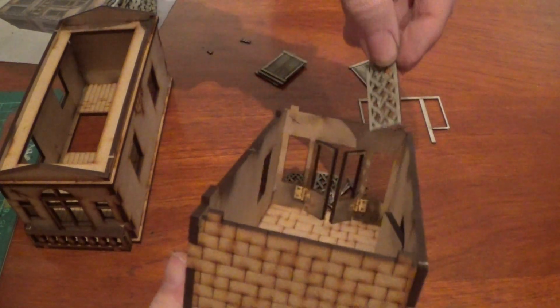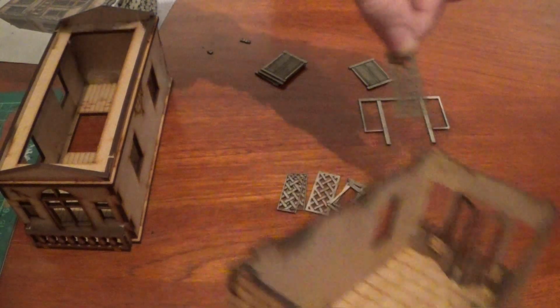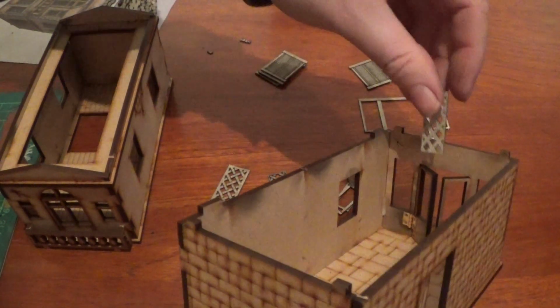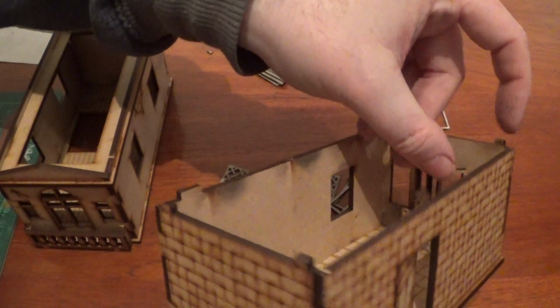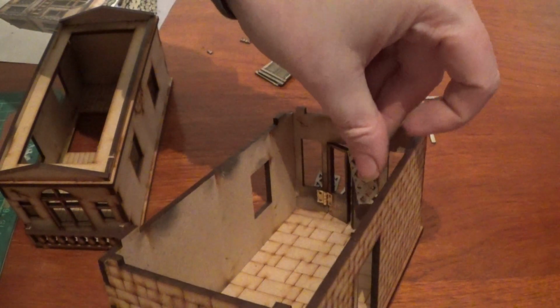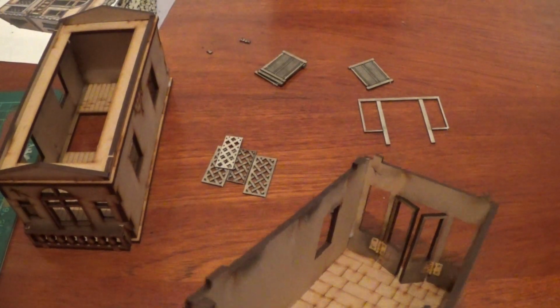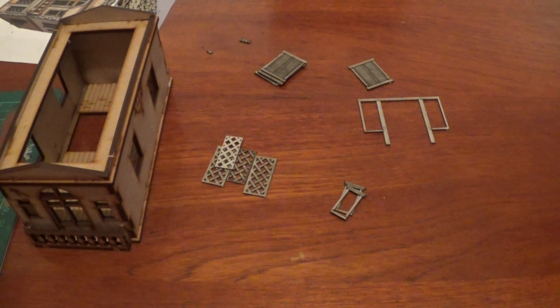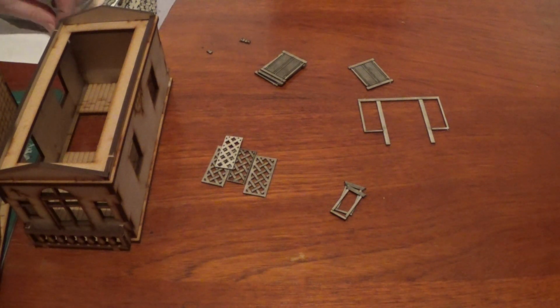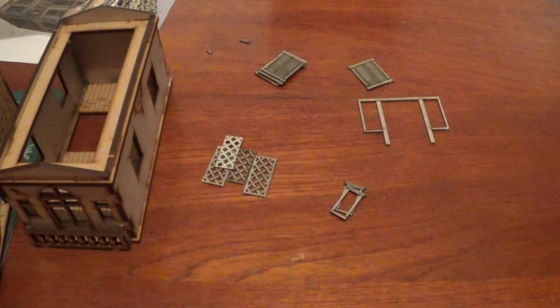We've got two large lattice effects. They're going to go over the windows at the side, and then two smaller ones which I believe actually fit into the doors, but I'll let you know after I've done it. They should fit into the door window frames. So they're going to go on there. Then on the first floor we have this, which is very brittle and nearly came apart, which goes around the window frame,